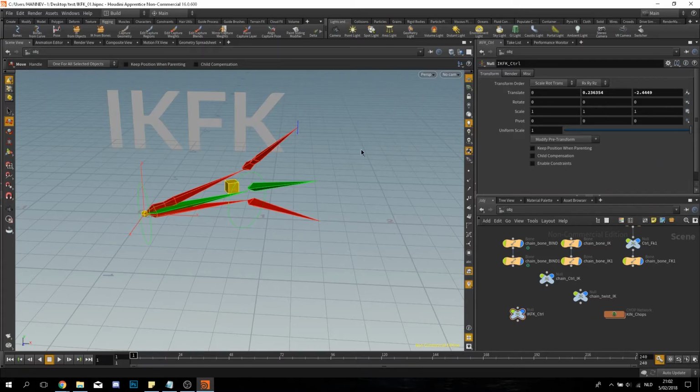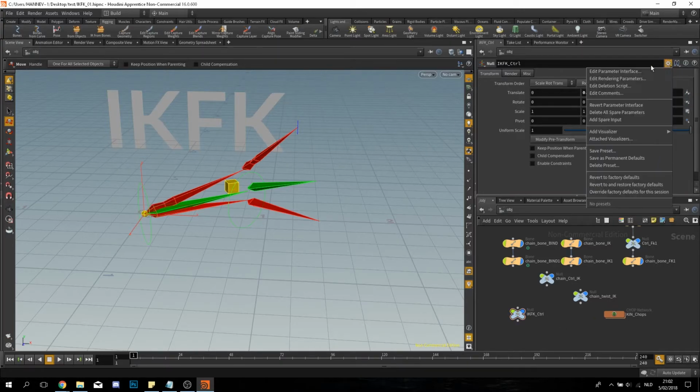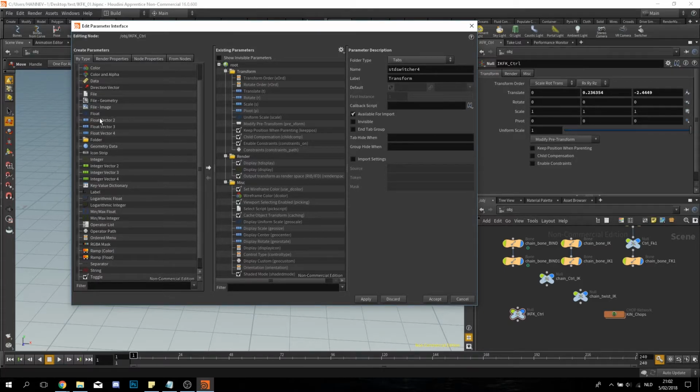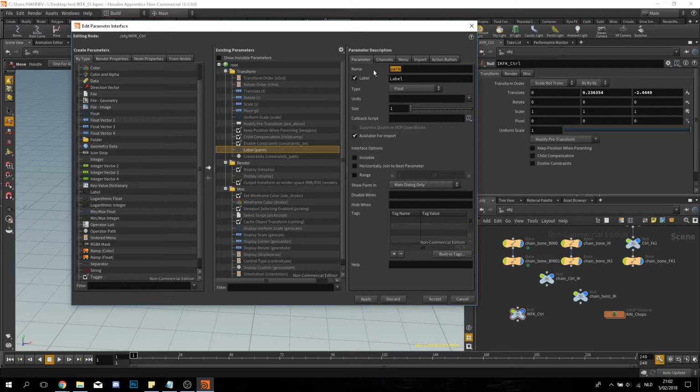And now we're gonna have to add a parameter to it. So you go here, edit parameter interface, and we're gonna create a new parameter. Here are all the ones you can choose from. We're gonna use a float. I'm gonna set it here. IK FK.